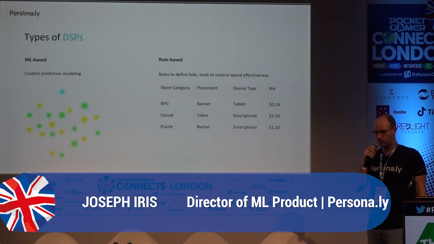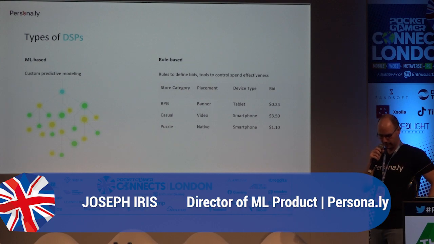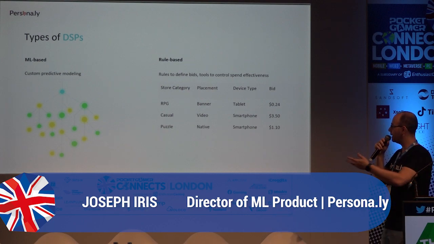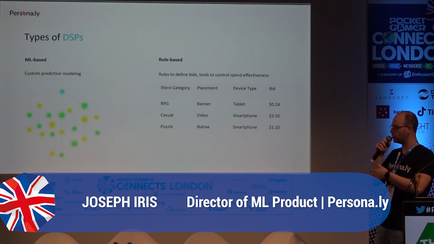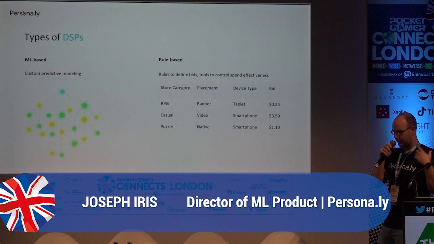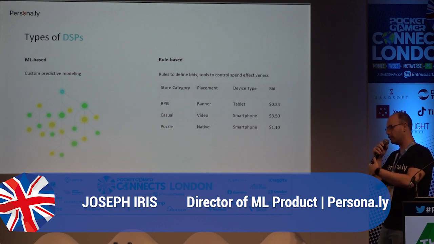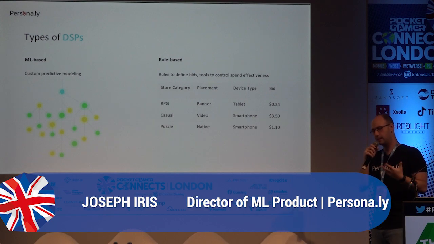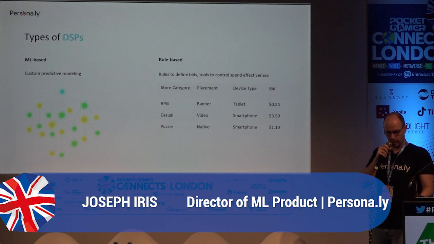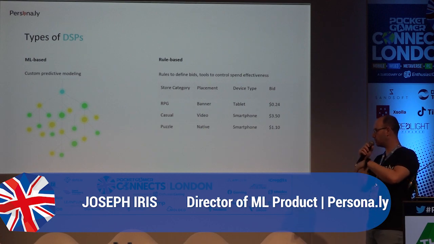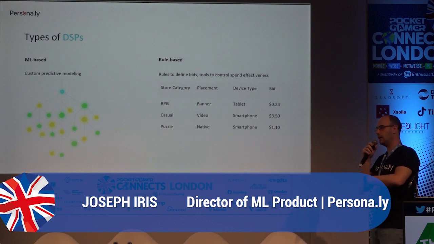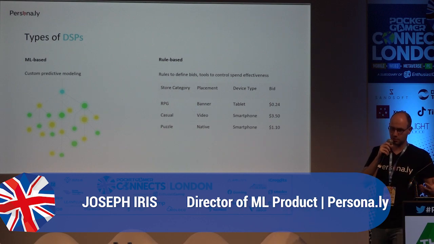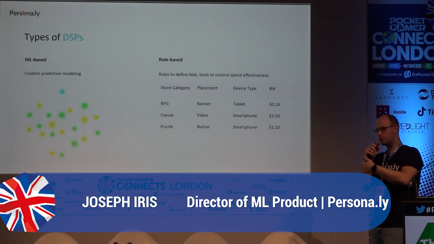two types. It's kind of simplistic, but I think it's the best way to look at it. On the one hand, you have the ML-based ones. When we say custom predictive modeling, we basically mean a set of rules that is determined over time, but it pronounces really complex relationships. For example, a model can understand if a specific cohort enjoys seeing ads at the beginning of their sessions or at the end of their sessions. So it really depends on which dimensions you build and how detailed you go,